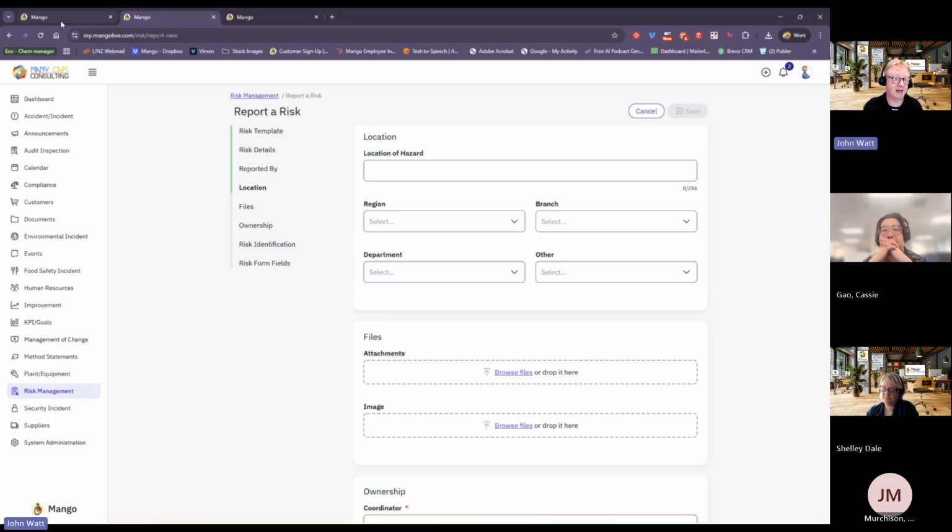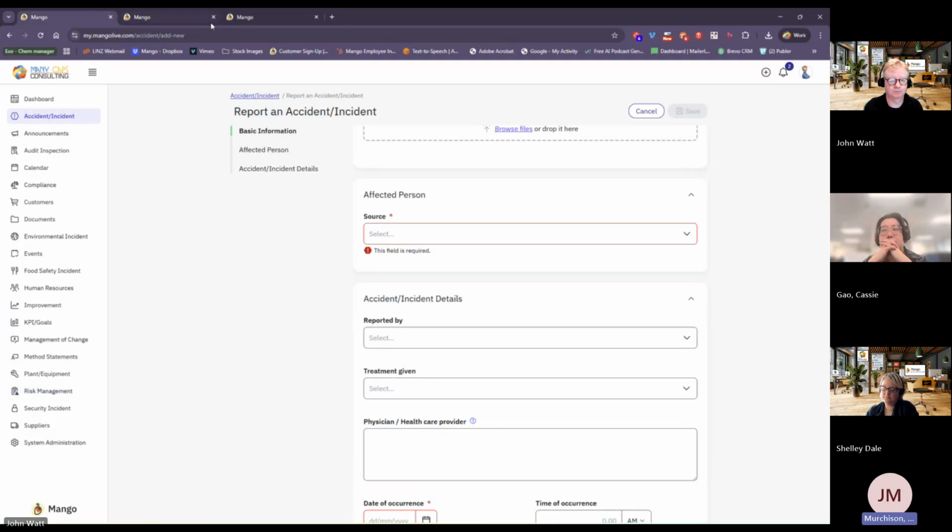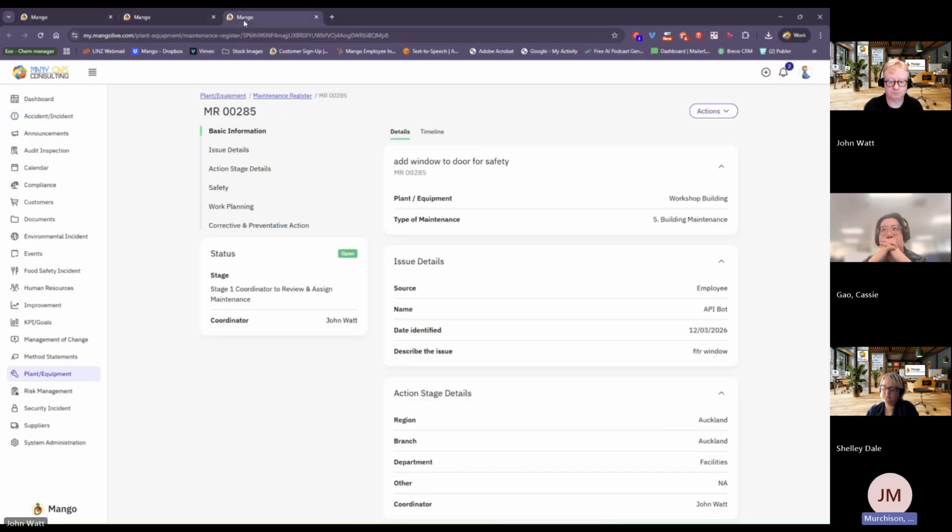So you can link those accidents as well. So if I'm raising a risk, I can raise it against a specific location, a specific customer site. Okay.